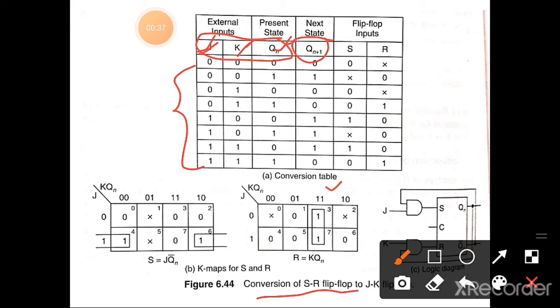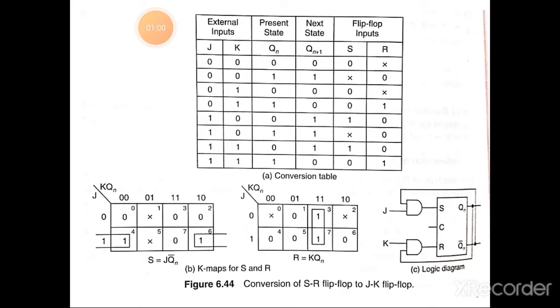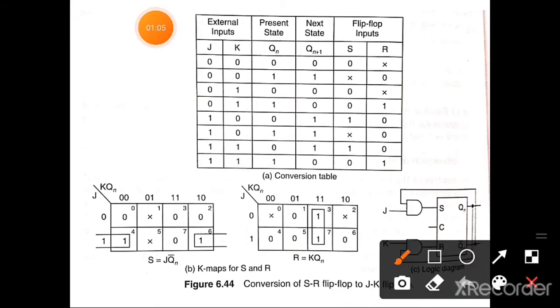That is to determine to which next state, that is Qn plus 1, the JK flip-flop will go from the present state Qn if the present input JK is applied. That means when we apply an input value JK, what change happens from Qn to Qn plus 1. That is the characteristic we are first writing.